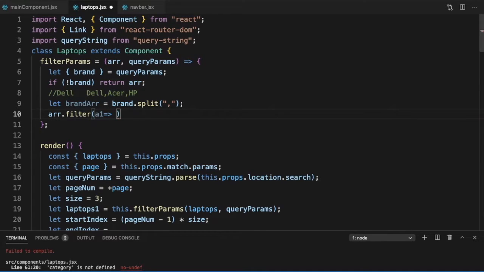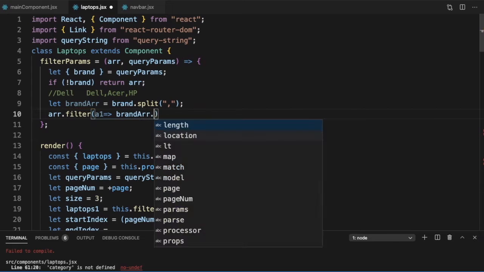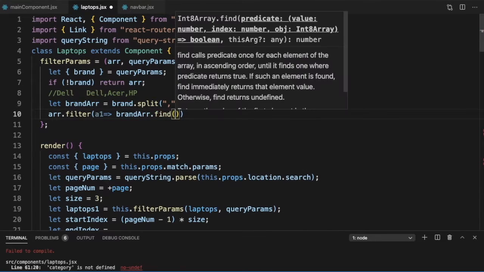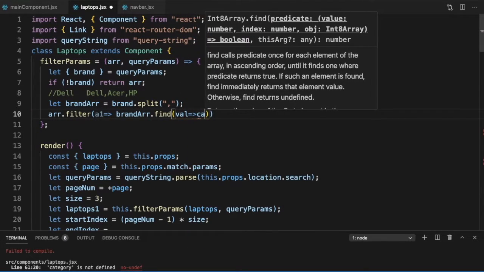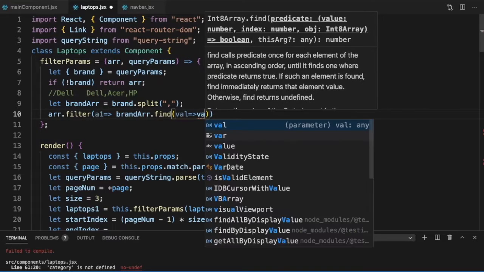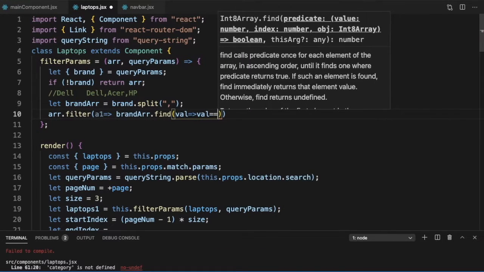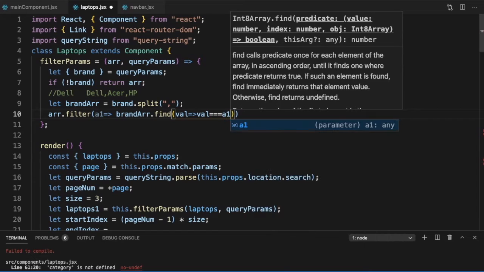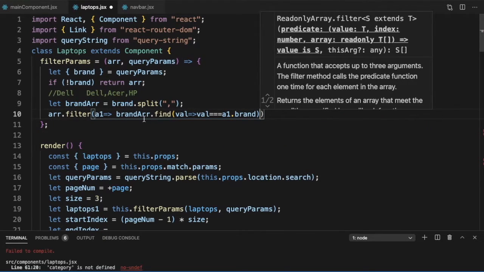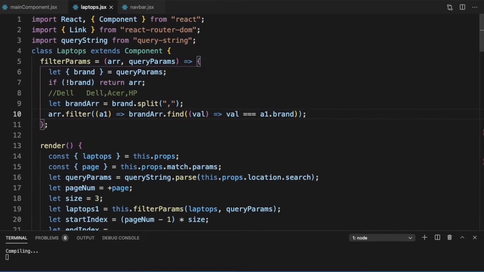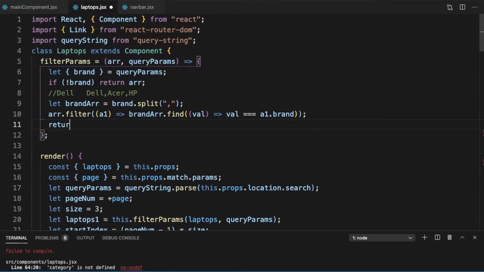So I can just say brandARR dot find val such that val is equal to A1 dot brand. Now if this is truthy, if I can find it, then it is fine, otherwise no. So this is my filtration function, and then we can return our ARR.